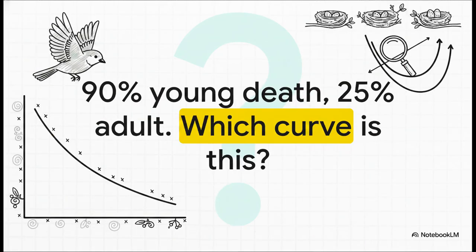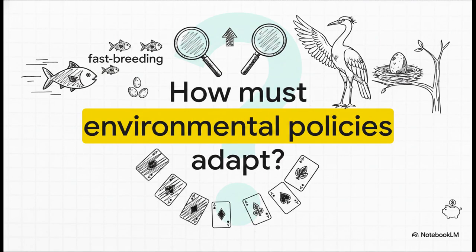Now try this textbook scenario on for size. Let's say a songbird population has 90% first-year mortality, but only 25% adult mortality. Which survivorship curve is this? Now, I know earlier we said many songbirds are type 2, the constant risk curve, but look closely at the data in this specific scenario. A massive, steep drop-off of 90% early on, followed by a leveling off to a stable 25% adult mortality. That steep initial drop followed by stability is the absolute classic signature of an early loss type 3 curve. It's a great reminder of why the actual data, and not just the broad species categories, is so critical to look at. Which leaves us with this final overarching thought.